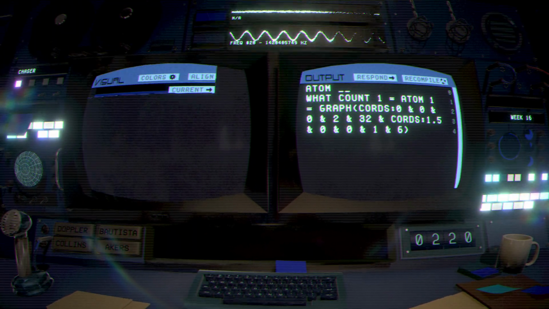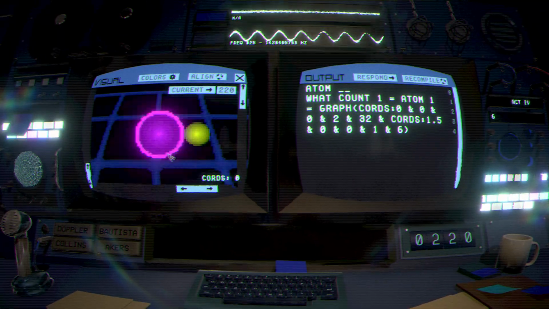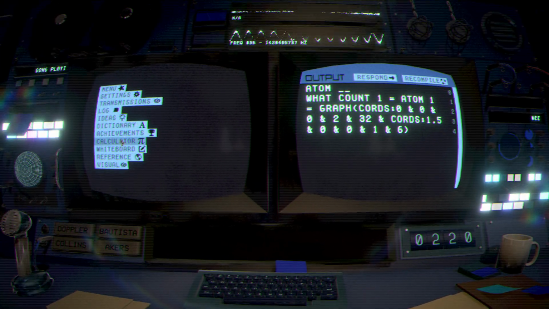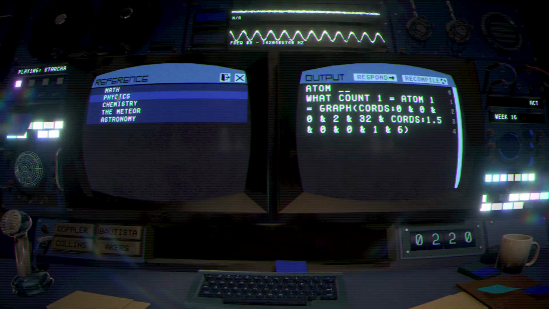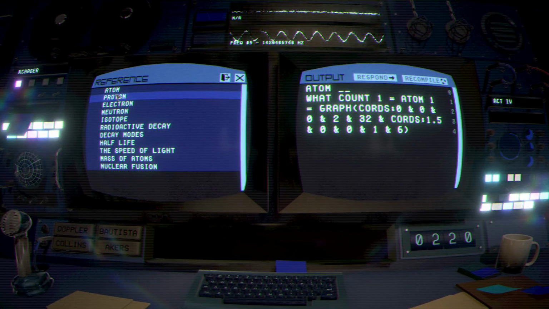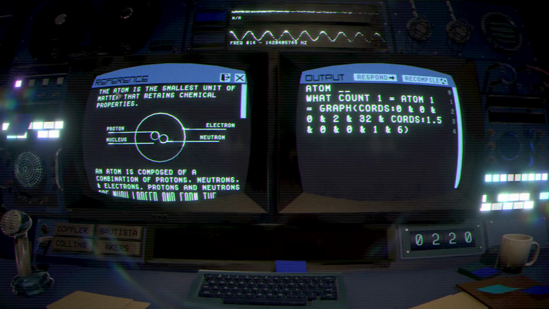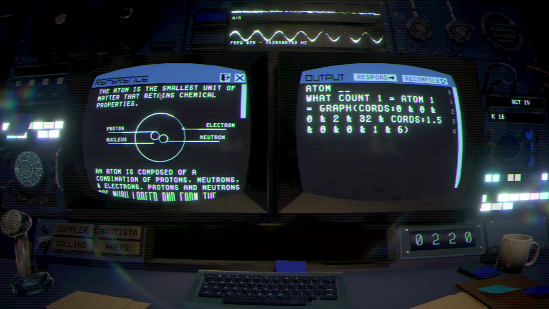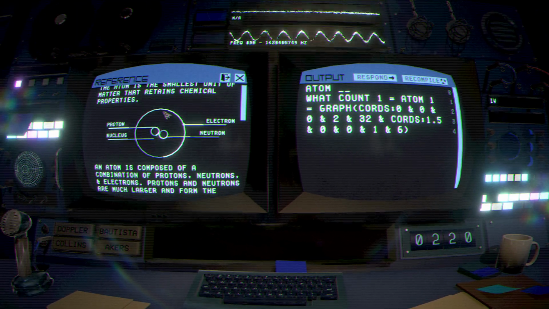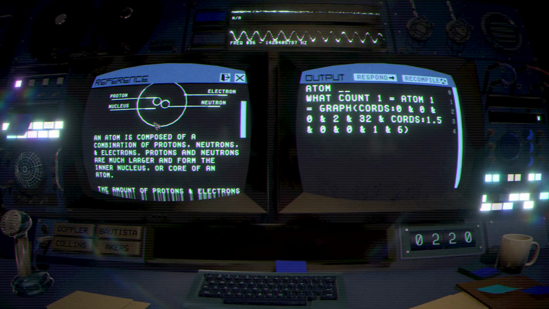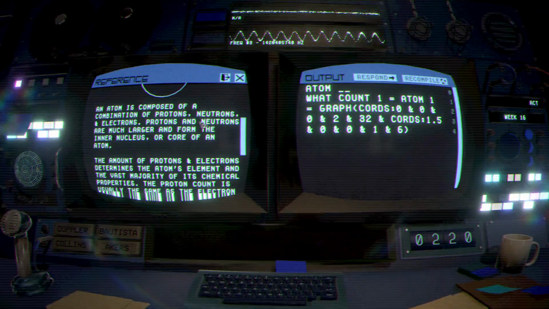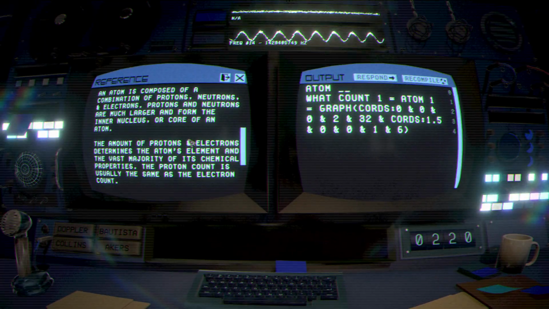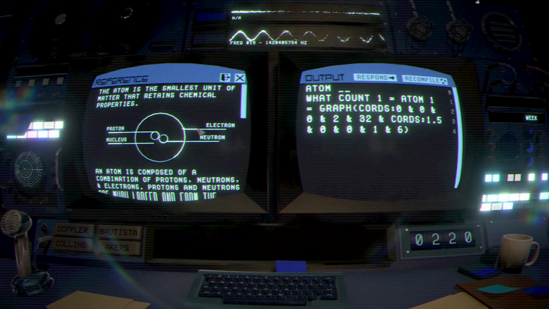So what do you call the ones that go around the nucleus? Electron, right? Atom is the smallest unit of matter that contains chemical properties. An atom is composed of a combination of protons, neutrons, and electrons. Protons and neutrons are much larger and form the inner nucleus or core of an atom. The amount of protons and electrons